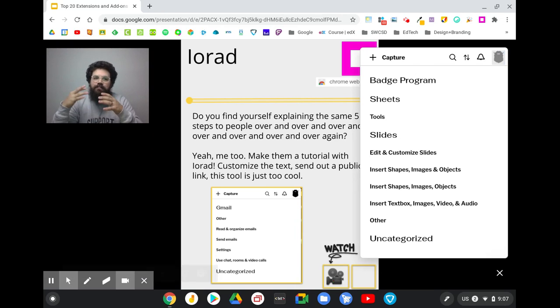So a lot of times with students, it's really easy to show them in person how to do some tool because you can sit next to them and help them, right? And it's really difficult if you're not there. So this is just like another layer of that helping that can really benefit people. So you hit capture,